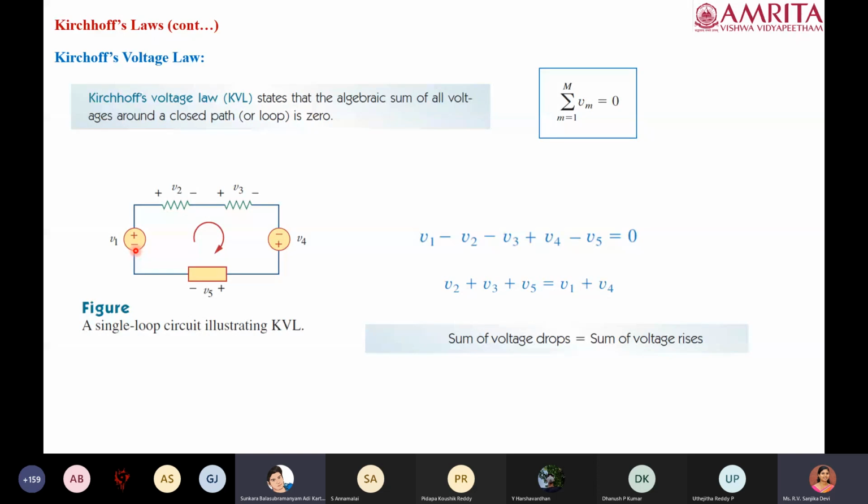Normally, will they mention particularly to take this type of convention only? Normally, they will not mention whether you have to go with this convention or the other opposite convention. It is left to the student. Because in the same textbook, I think they are following the other convention, but I find this to be convenient to me, and that's the reason why I follow this particular method. I go with the polarity from where I am exiting the particular circuit element.